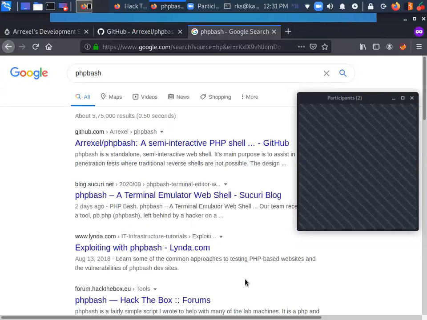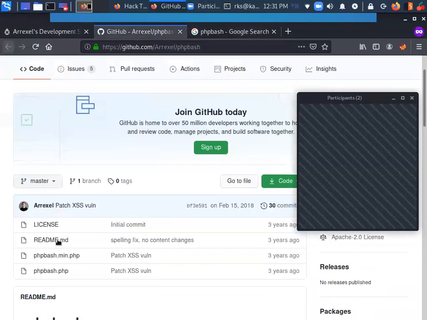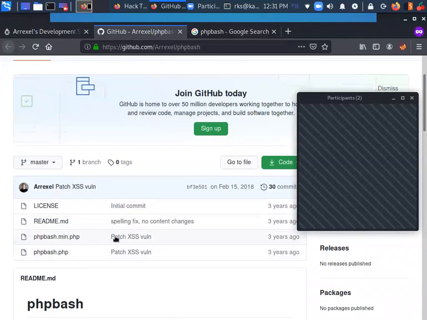If I'm able to find it, I would be able to execute my OS level commands here because it's a terminal, it's a shell. So I would be able to execute my commands on the server. So the GitHub link is here. PHP bash .php, PHP bash .min.php.